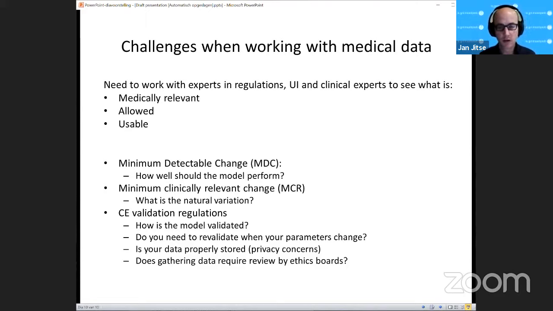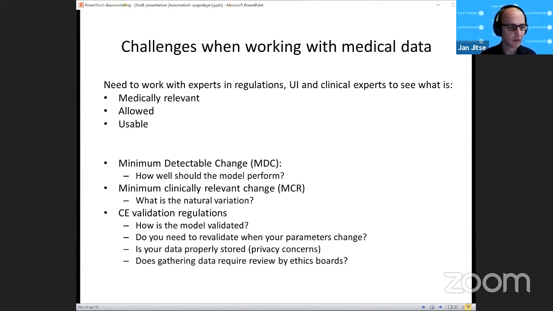And these rules, I found them really hard to follow, but luckily there are a lot of experts on that. But these experts don't always understand machine learning. So they try to, but they're a bit scared of having a black box model. So what is it detecting, and how can I trust it?